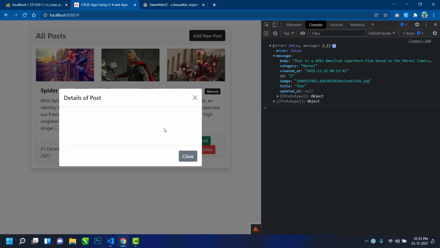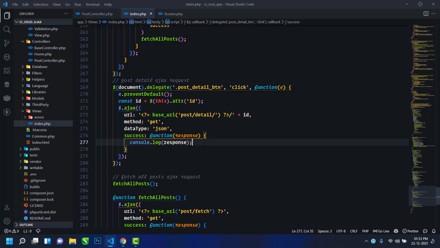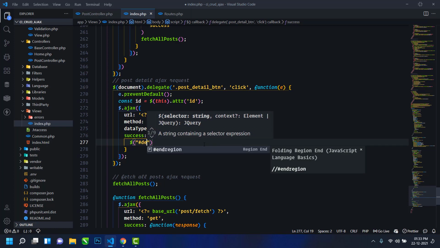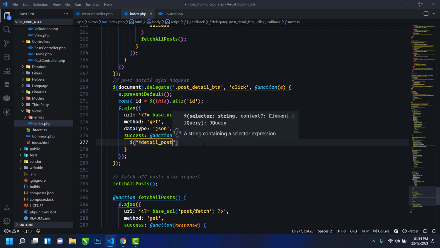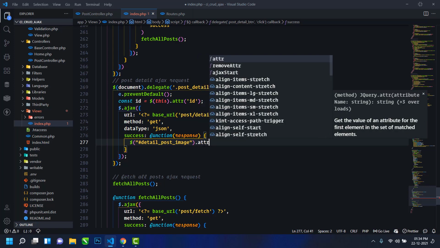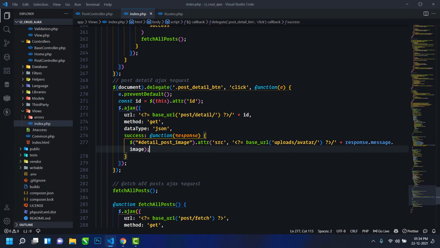Now we will populate all the details here. So here I will select the image first. So post detail post underscore image dot attribute. I will select the src attribute, and then the uploads directory, avatar directory, then response message image.